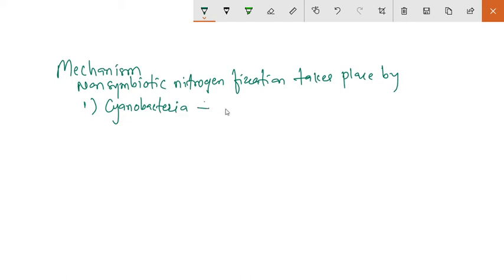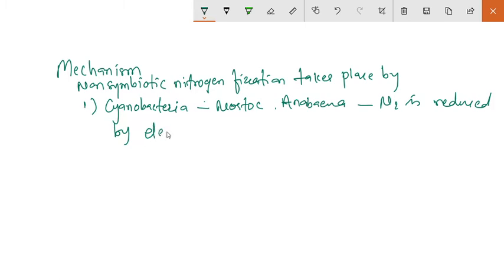Like example, Nostoc or Anabina. Okay, so in this case the nitrogen is reduced by electrons of water. Okay,